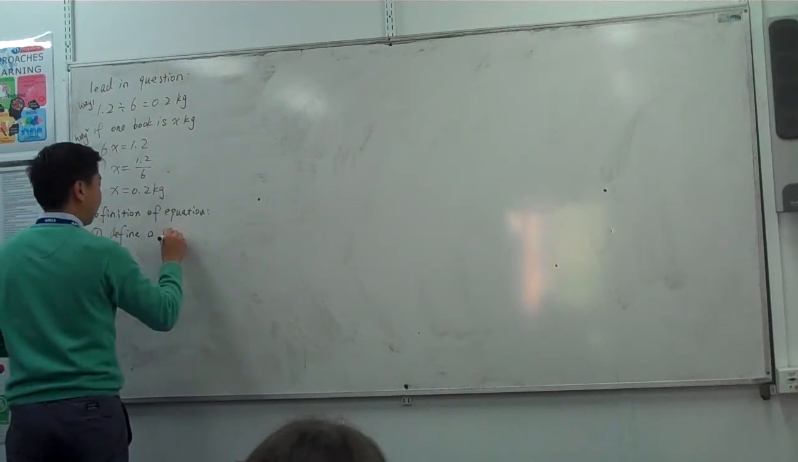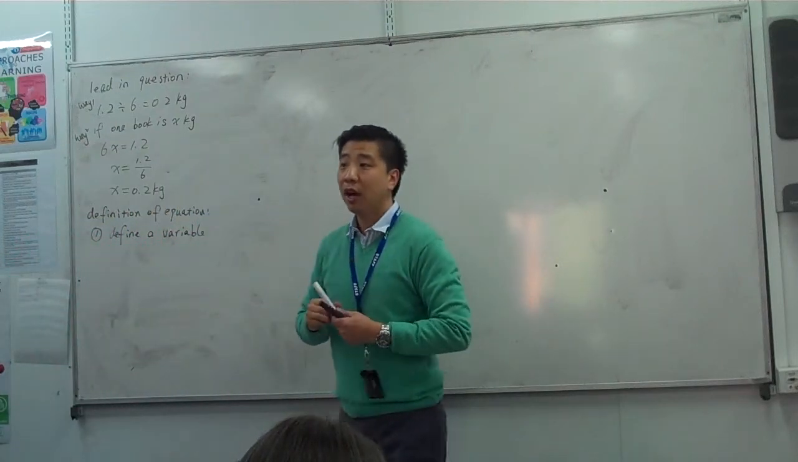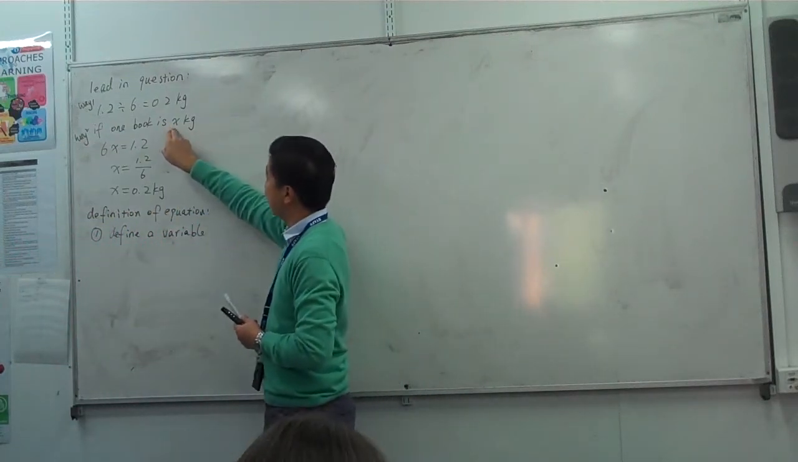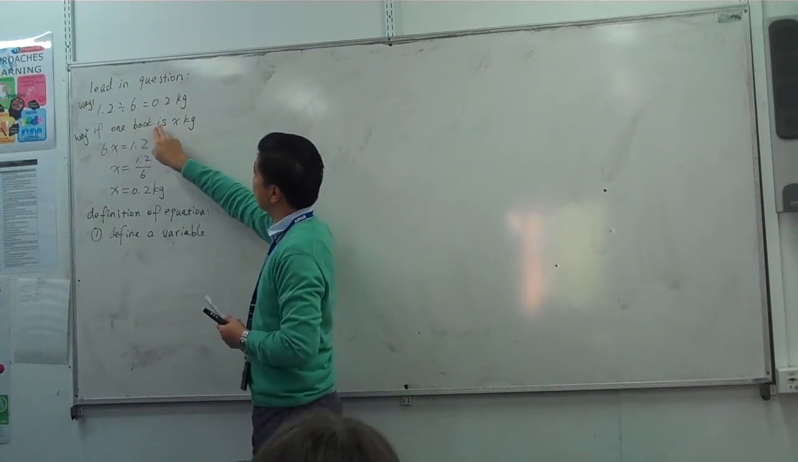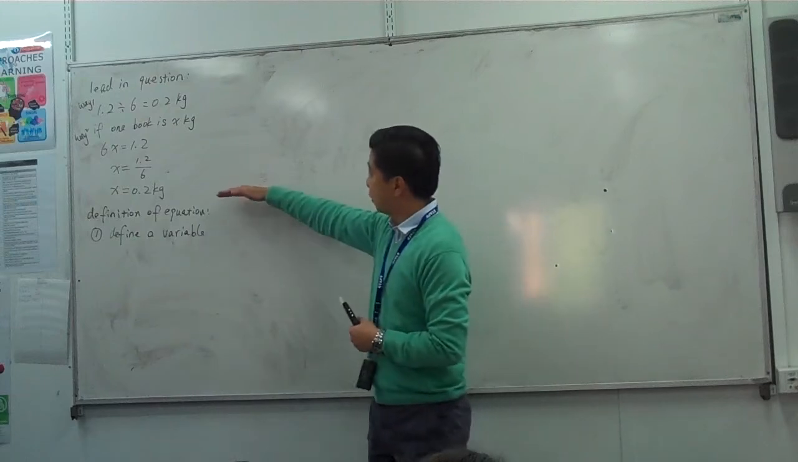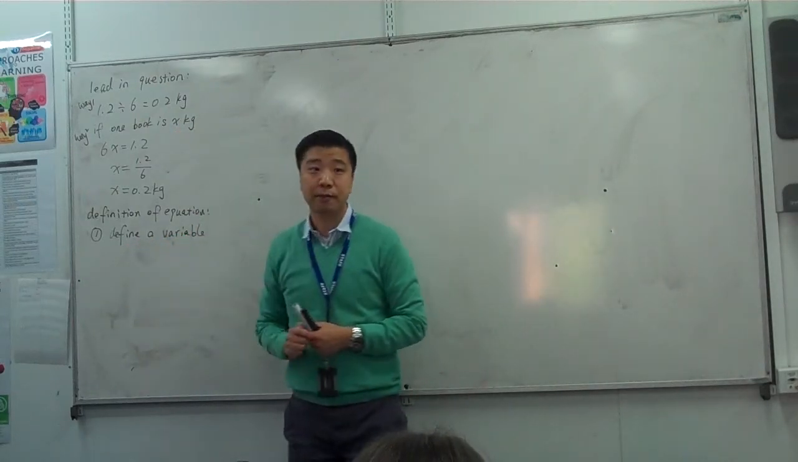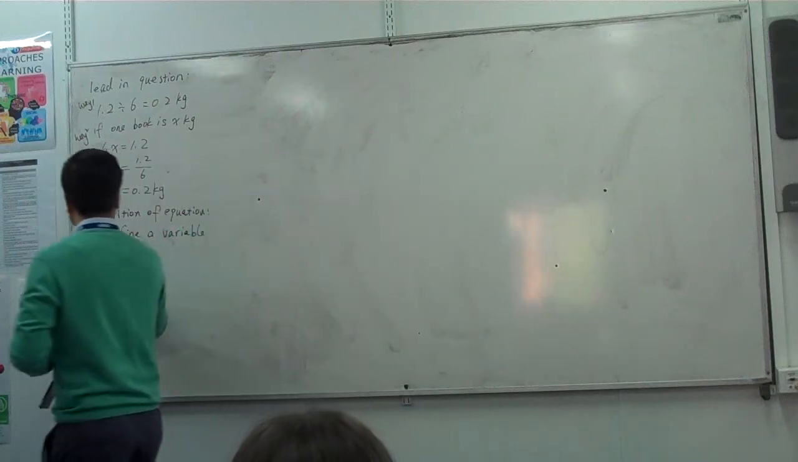a variable. You have to define a variable like this. I want the book is X kilogram. So this is the first step. We have to define a variable like this, X. Okay? And then,